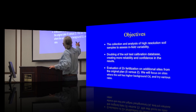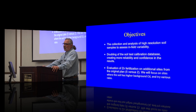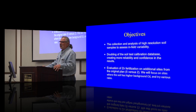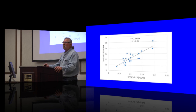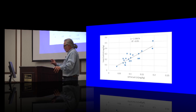They wanted to double the database we were collecting, and we did that. And of course, they wanted to explore zinc fertilization as a mitigation strategy. The California Leafy Greens Marketing Agreement recommends this. There was some interest in seeing if this was a viable strategy here. California's committed to total cadmium. Essentially, you take a soil, you digest it in acid, and you measure total cadmium. I was more inclined towards a